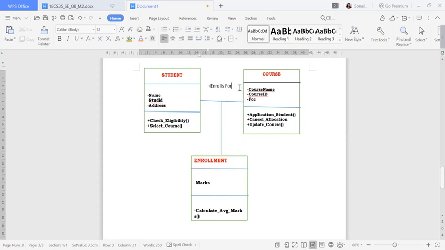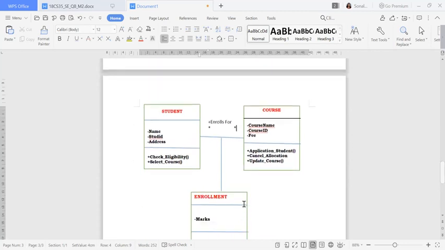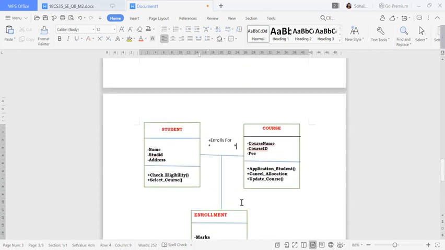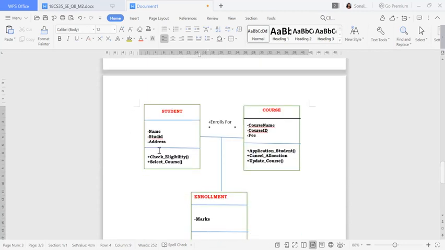This side you can give, so this corner you can give a multiplication sign because many, and this side also you can give a multiplication sign as many. Okay, so many to many relationship has to be there. Got it? I hope you have understood how to do this association class. Now moving towards the next one, this is the ninth question over. This is my diagram, or example you can say.